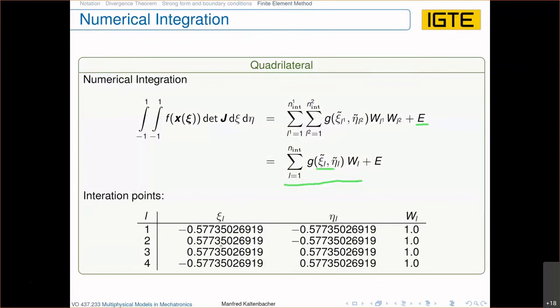You can see it here. You know that psi and eta have the limits minus and plus 1, and you see that they are at the positions plus minus 1 over the square root of 3, and all the weighting functions are exactly 1. So these are the evaluation points at which we evaluate our functions within the integral,